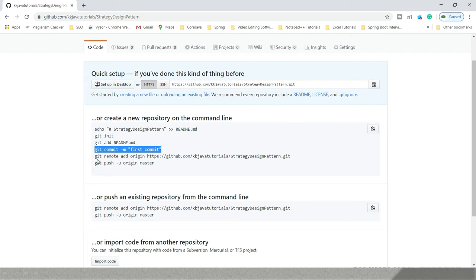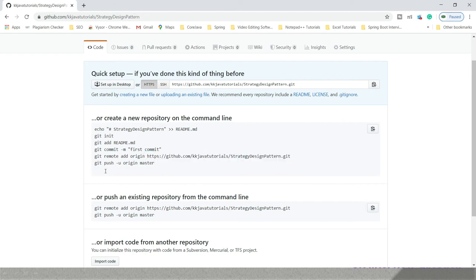After that, we have to establish a link between the local repository and the remote repository, and for that you need to use this command: git remote add origin. Origin is the name of the remote. We cannot always refer to the git URLs, so afterwards we can refer to this URL with origin. And this is the actual URL of our git repository.